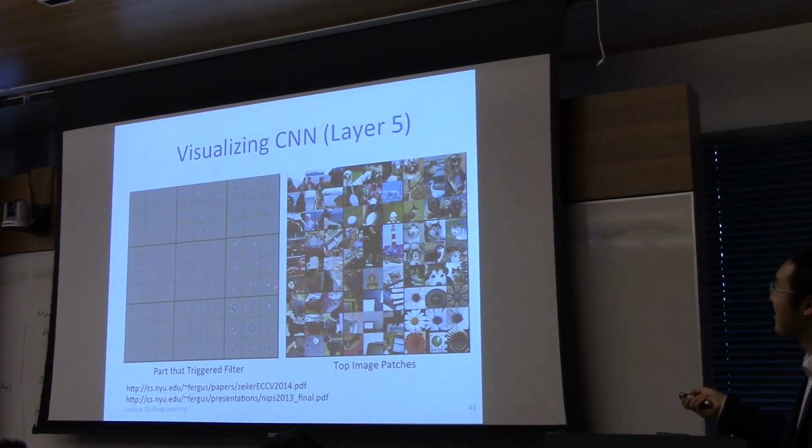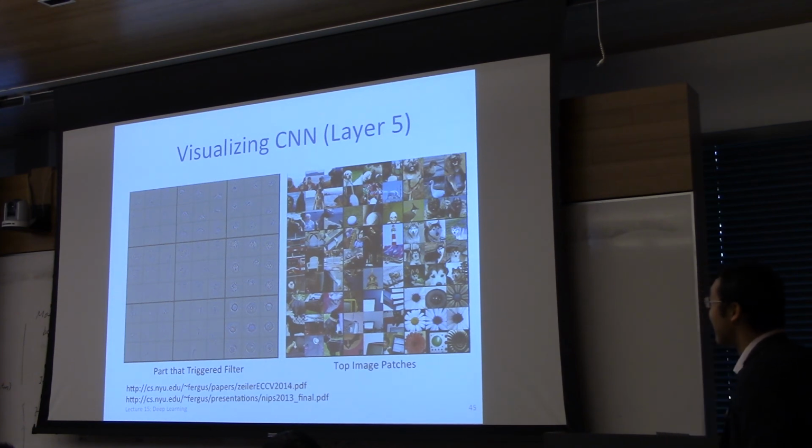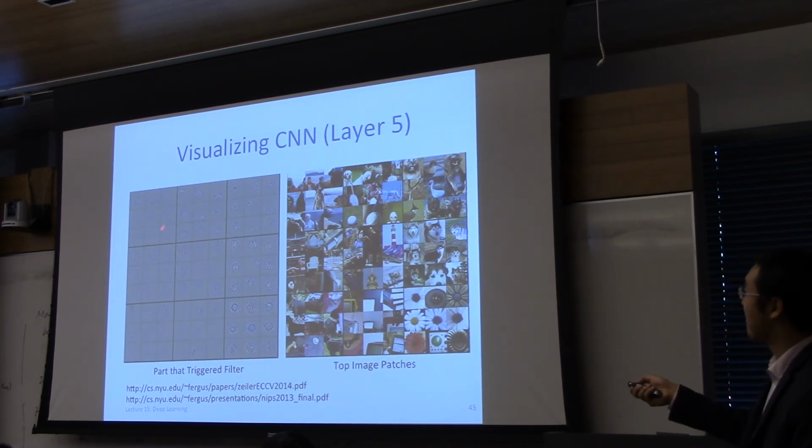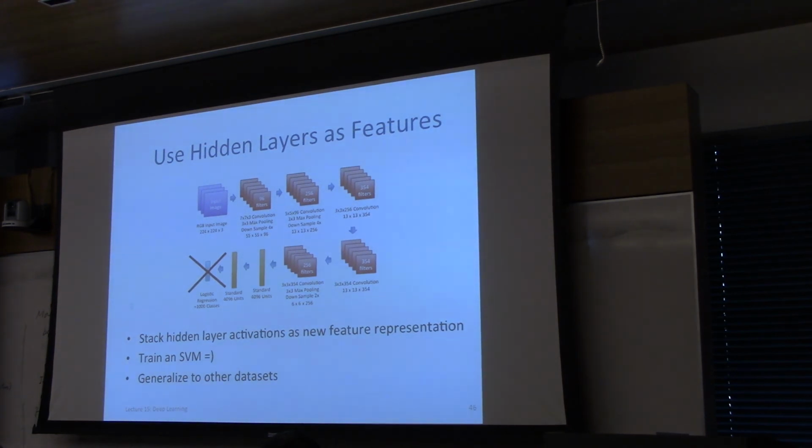In layer 5, there is a filter for Siberian Huskies. So this one activates for water. Right? So this is what you get when you learn layers of convolutions of nonlinear transforms of convolutions, nonlinear transforms of convolutions. So it turns out that you need not just use this guy as features, right? You can actually